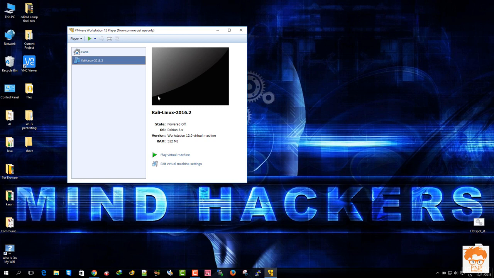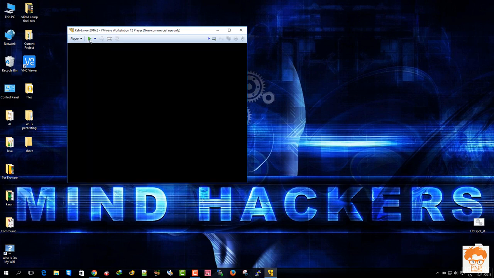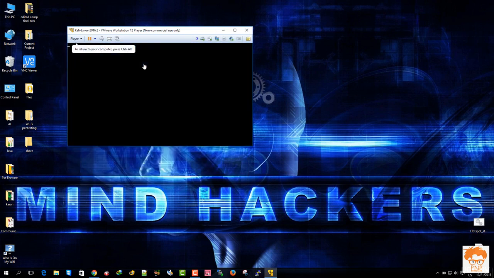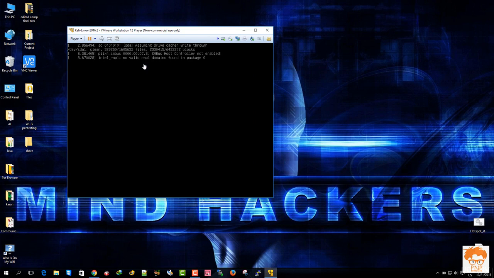Okay guys, so now I have connected the LAN cable into my laptop. Now it will provide me the internet access. Let me power on my virtual machine. Hit enter. So we have done two settings in our virtual machine. First of all, we have allotted more RAM to our Kali Linux, and second, we have made internet connectivity available to Kali Linux, okay?